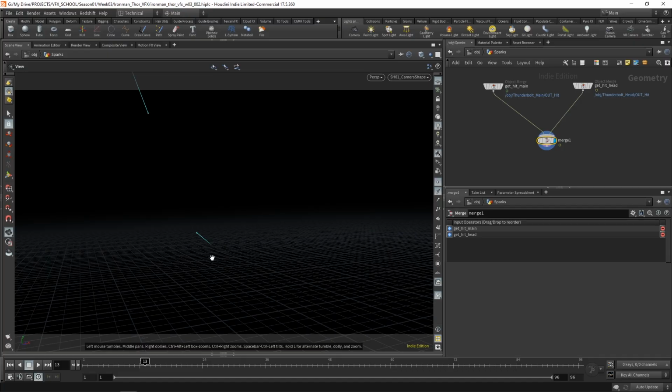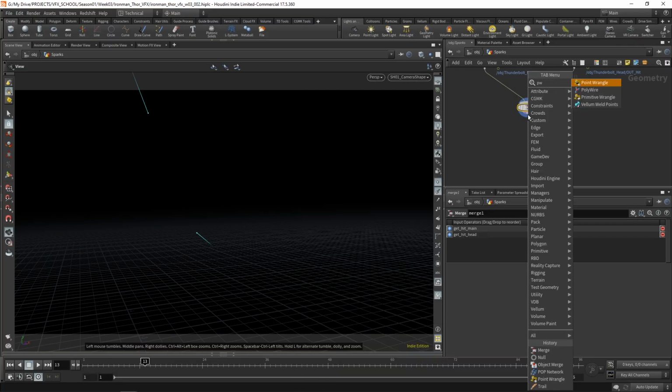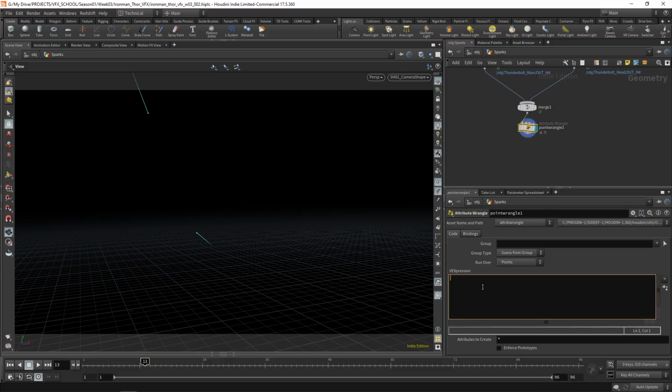Now the idea is to use the normal as a direction for the velocity, so we'll convert this normal into a velocity using a point wrangle, PW. And we'll just write @v equals my normal. Now I'm declaring that these are vectors, but I didn't need to because these are variable attributes that are recognized by Houdini. But it's a good habit to create, because when you create your own attributes, it is important for you to declare what type of attribute it is, if it's a float, an integer, a vector, or whatever. Now let's say this is called convert n to